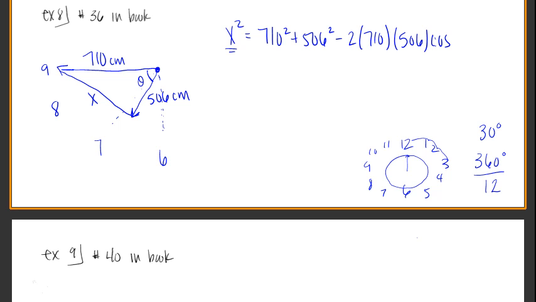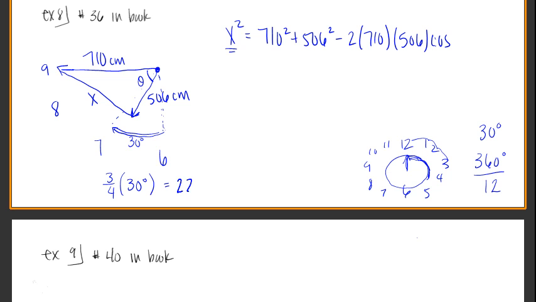So that means when the minute hand goes from 12 to 1, it's rotated 30 degrees. From 1 to 2, it's gone 30. 2 to 3, it's gone 30. 3 to 4, and so on and so forth. So between 6 and 7, right here, I have 30 degrees. And because we're at 6:45, we've gone 3/4 of, remember, of means multiply, so we've gone 3/4 of 30 degrees. We haven't rotated a full 30 to get to 7, we've only gone 3/4 of the way. So 30 times 3/4